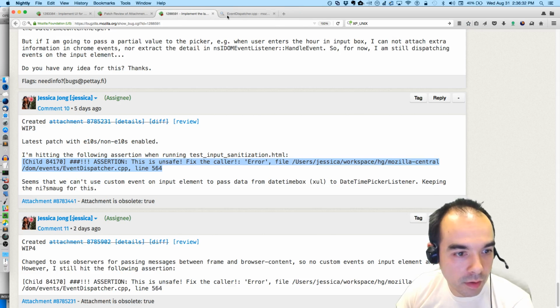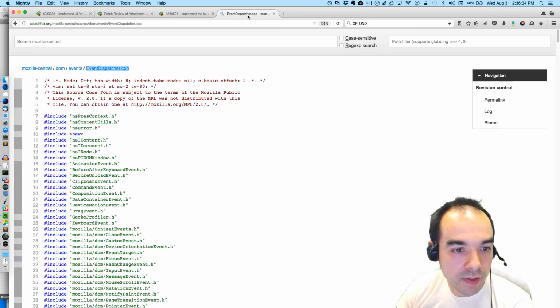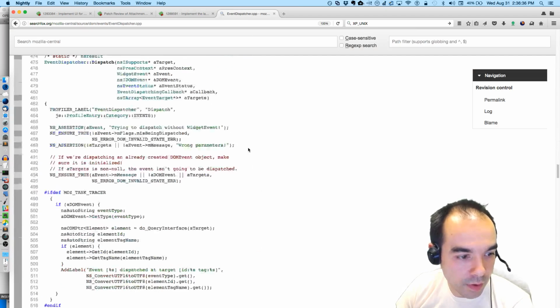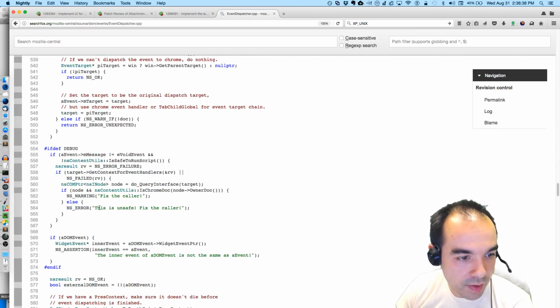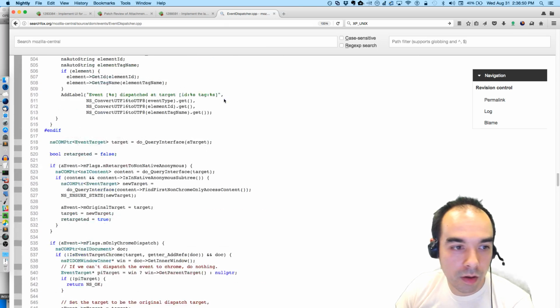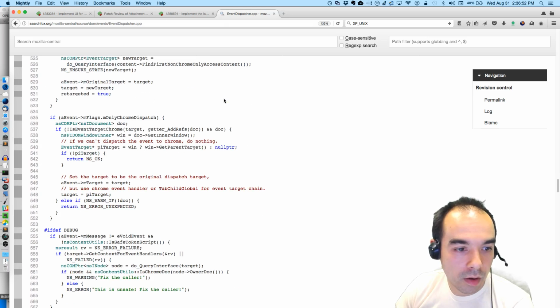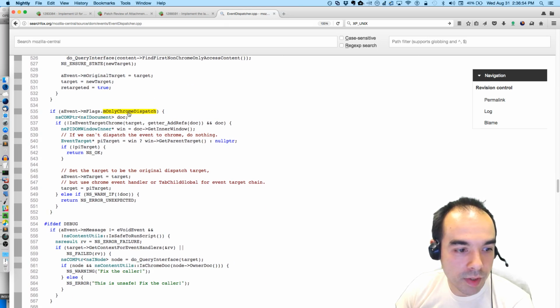What line? 564. What is that? This is unsafe: if node is Chrome doc, only Chrome dispatch.